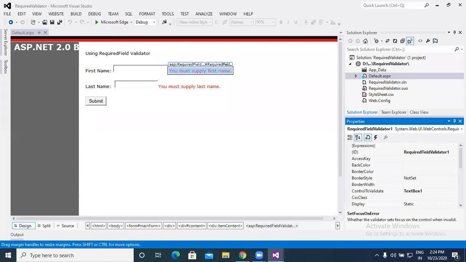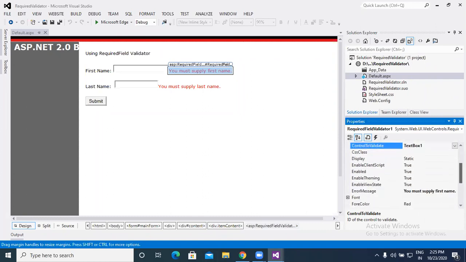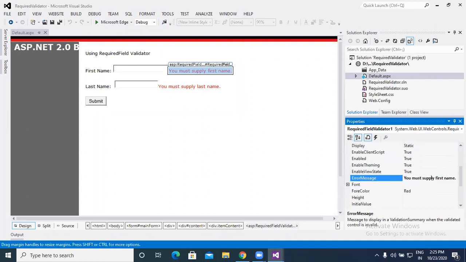The most important properties of the required validator are as given below. Control to validate: which control you have to connect this required field validator to. Next is the error message. I can write here, you must supply first name, or you must enter first name.